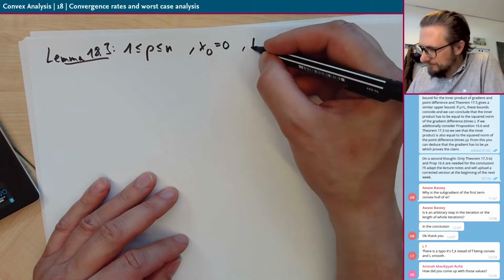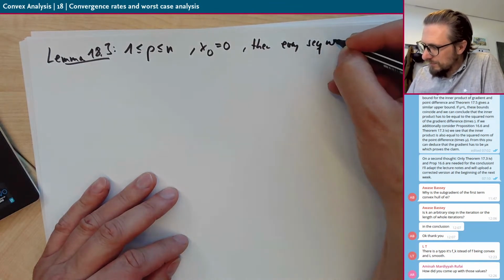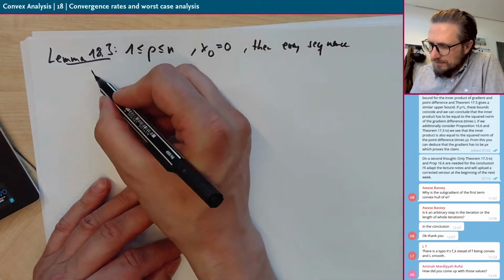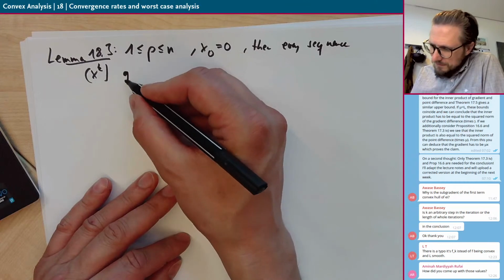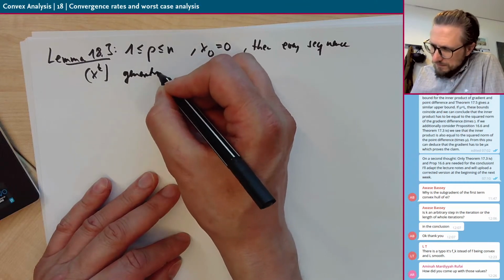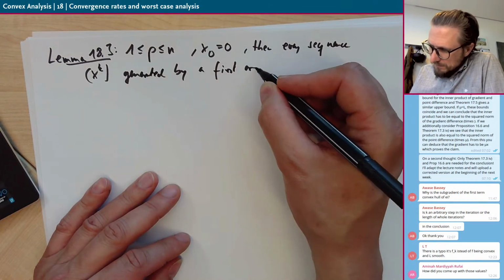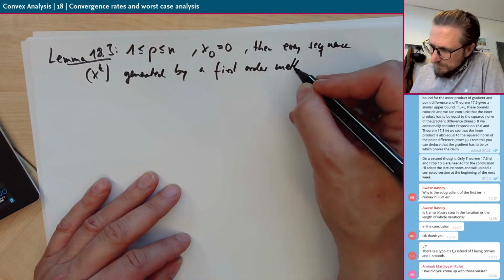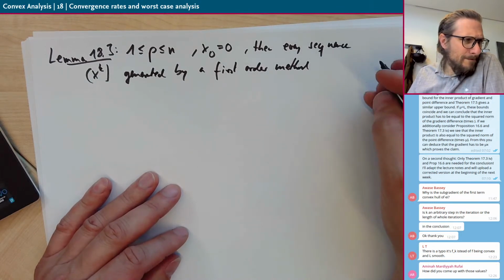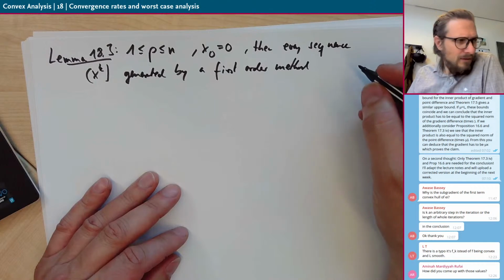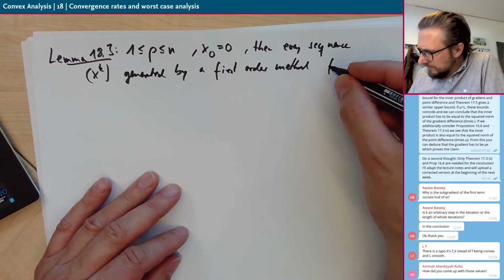Then every sequence xk generated by a first order method fulfills